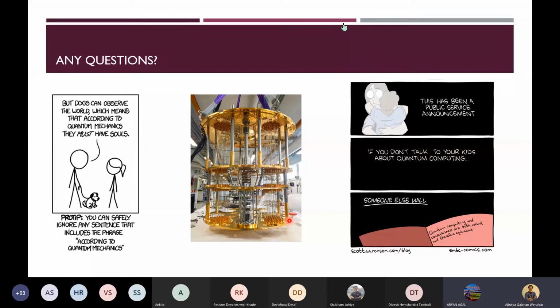Okay. Let me just take a minute, because by the way, this is a quantum fridge. The only reason this picture is here is because every time you Google quantum computing, this is the first figure that comes up. It's a fridge. There are very, very small qubits sitting inside, and all this big gold fancy instrument is doing is cooling it down. This is not a quantum computer. This is the only reason I put this figure in here. And by the way, these are the last few panels of the SMBC comic that I cited in the first slide. So yeah, anyway,